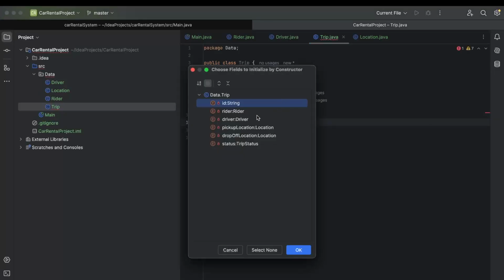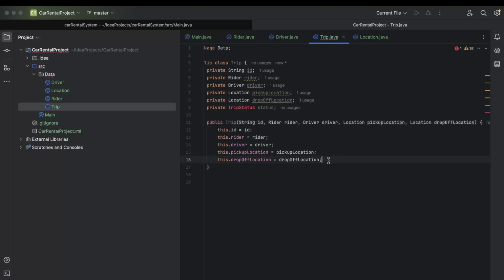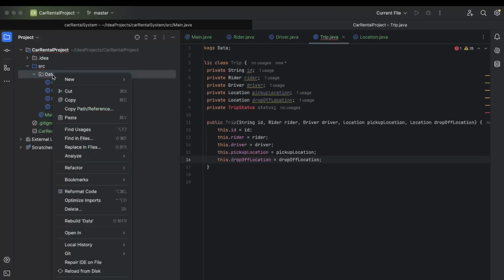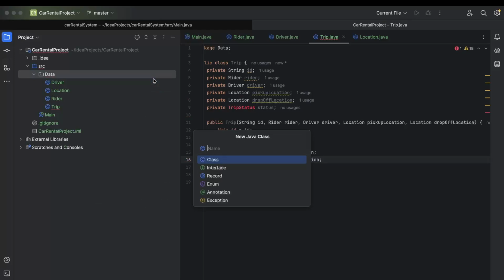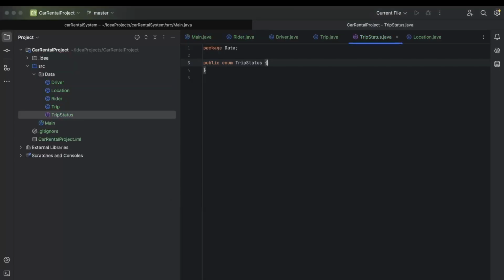Let's define the constructors. Since we are talking about it, I don't want to define the trip status construction, so I'll have these ones for now, and then I'll create an enum for my trip status. So let's define a trip status enum, and here the basic can be